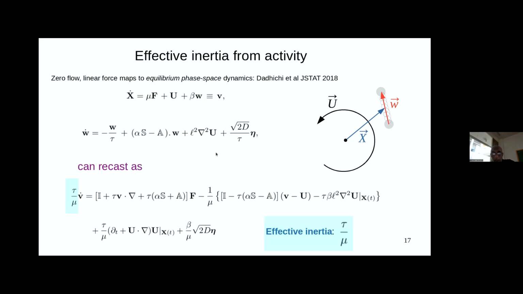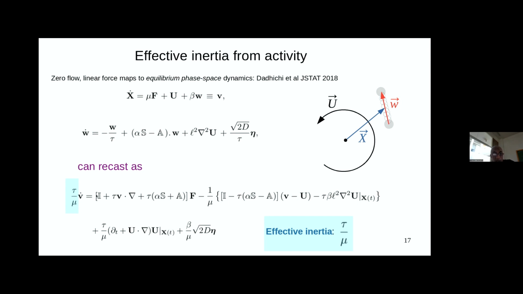So just to underline that, if you take v, differentiate it, and re-express the rates of change of w in terms of w and u, and then go back here and re-express w in terms of v and the external force field and the flow field, you get a closed set of equations for x and v, in which the only objects that enter on the right-hand side are not the dimer extension vector w, but the actual velocity of the particle. Okay, and in particular, if I carefully write the equation in a form where the object that appears